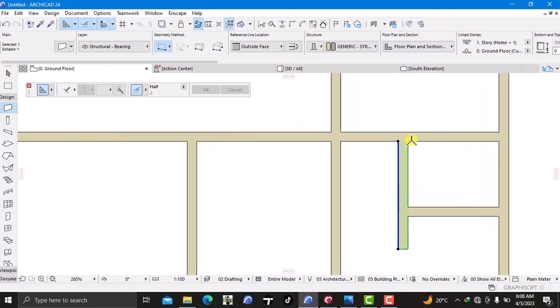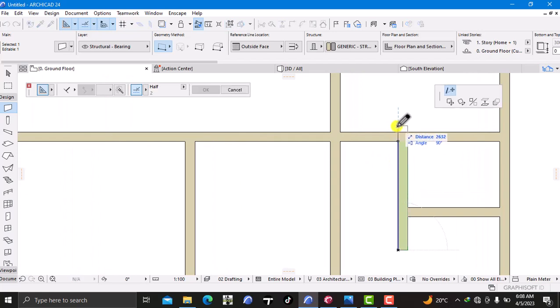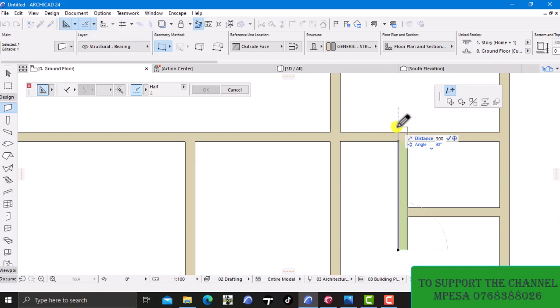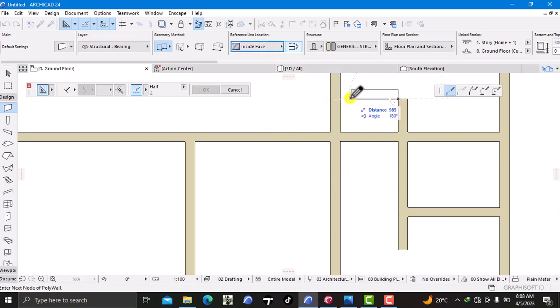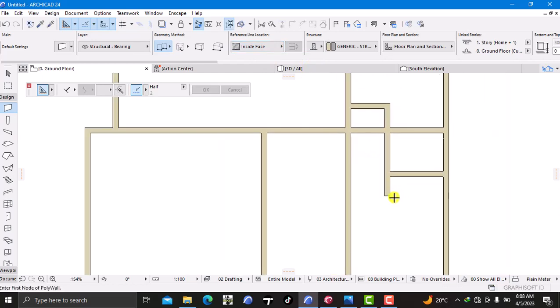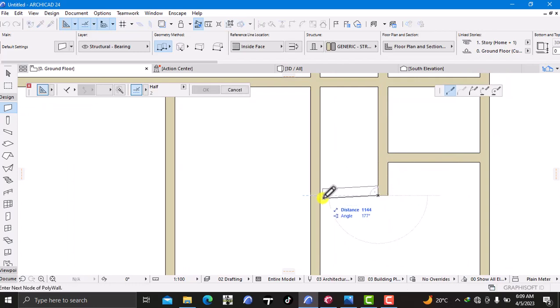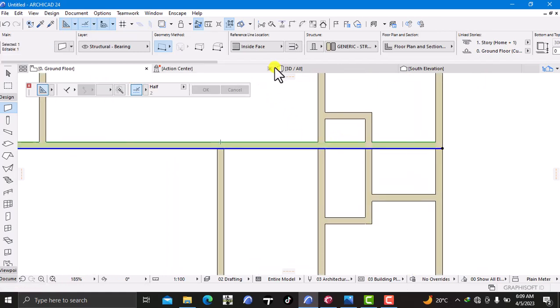Similarly for this other end, I need to drag it further. That was 2300, so that's 3000. Let me do 3200 instead. Enter. And then basically do this particular one for this. Let me work the inside face up to that point, and then from this other edge I can work that typical over there, and then basically split this,